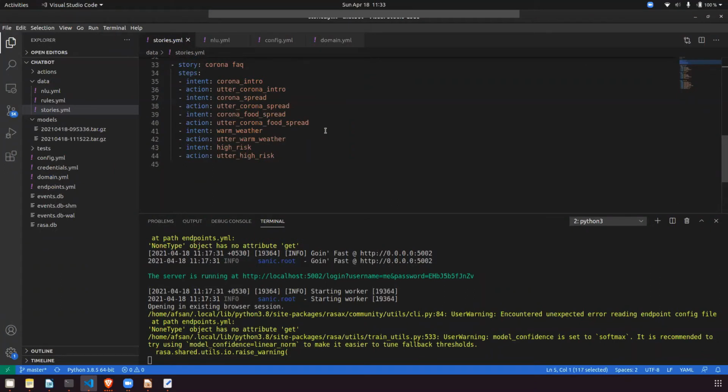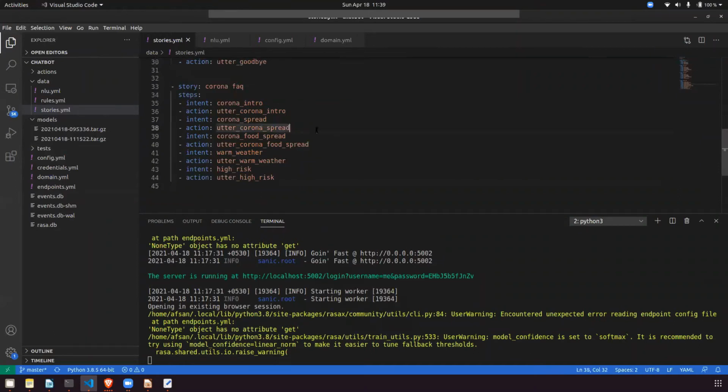Hey, Afsan, you said in the beginning of the class that you can use this in Telegram or something like that. Yes, I will add that. First, I just want this to be clear to everyone: what is happening, how to train a model and how to train your own model. This is clear to everyone.